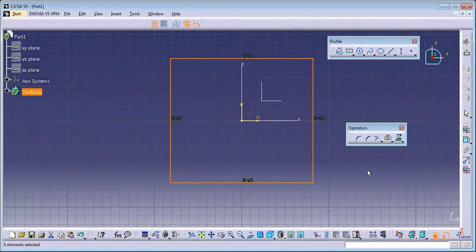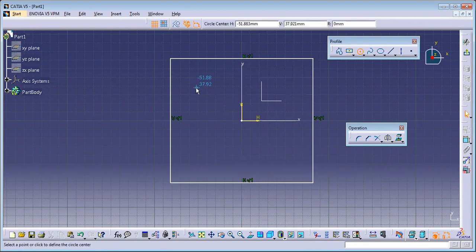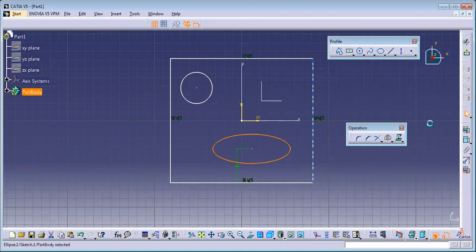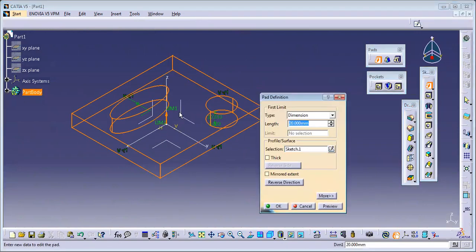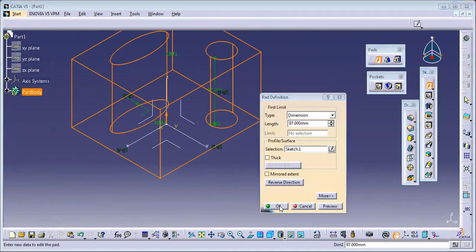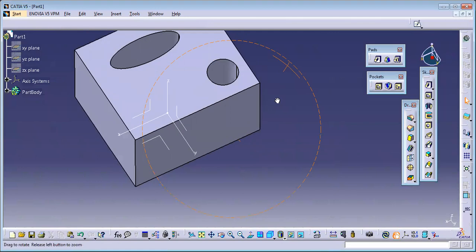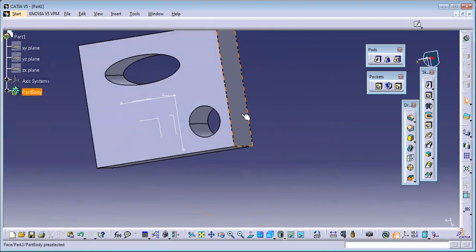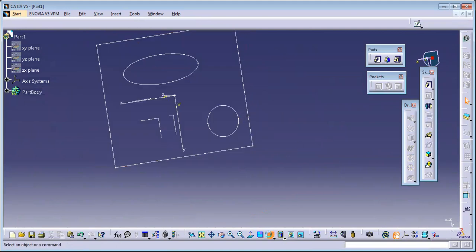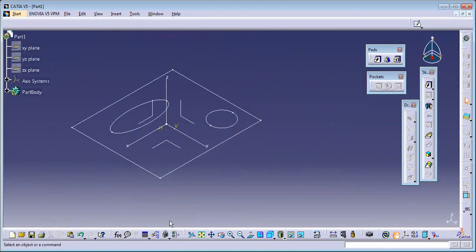Now if I have multiple entities like this, and I try to pad this one and exit, so this is obviously common. If I try to add the material, the enclosures inside will not get material added, and they will become hollow, like this. So in some cases, if I want to add the material on these also,